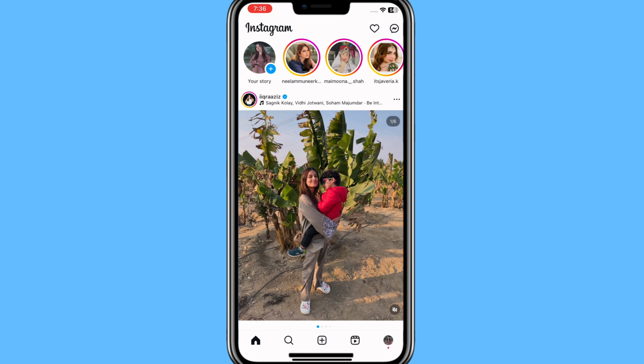Click on it. Then here you have this option, change password. But from here you can just change the password. You can't see the password of your Instagram account. For seeing the password of your Instagram account, even if you forgot it, what you need to do is open Chrome on